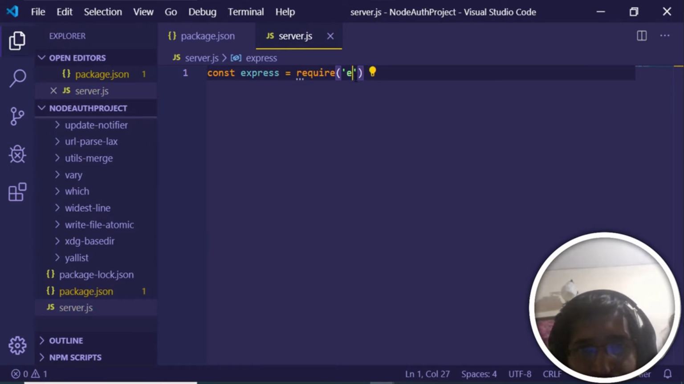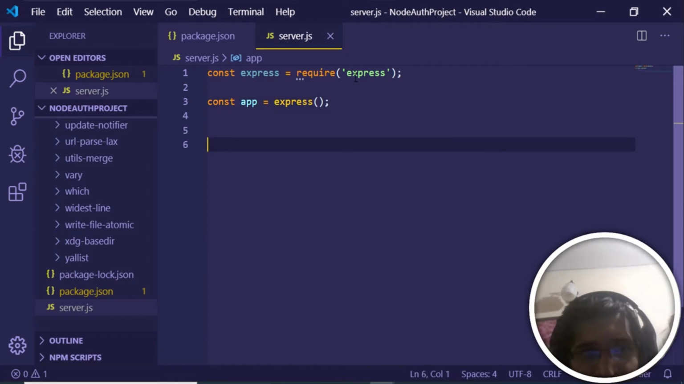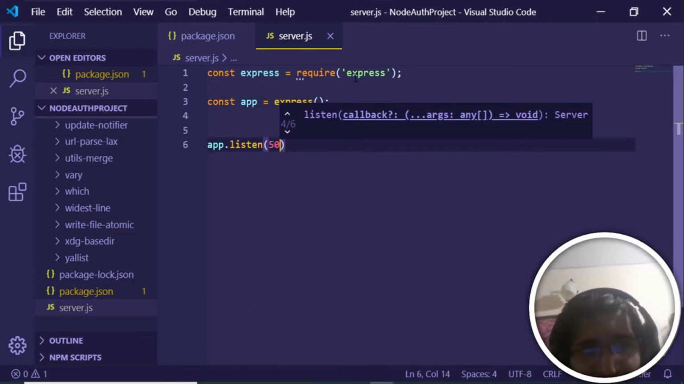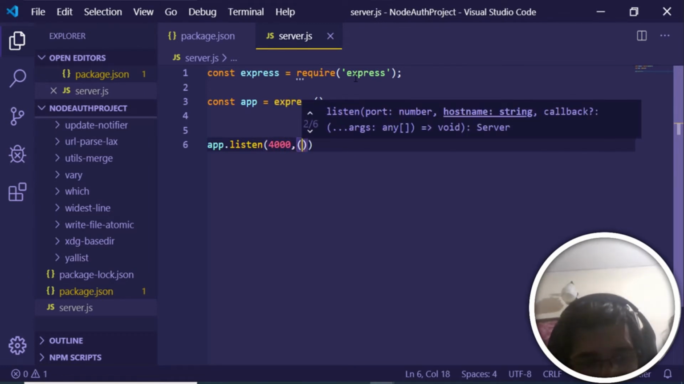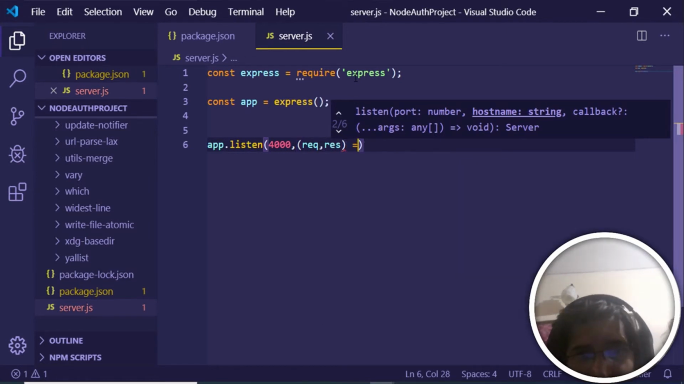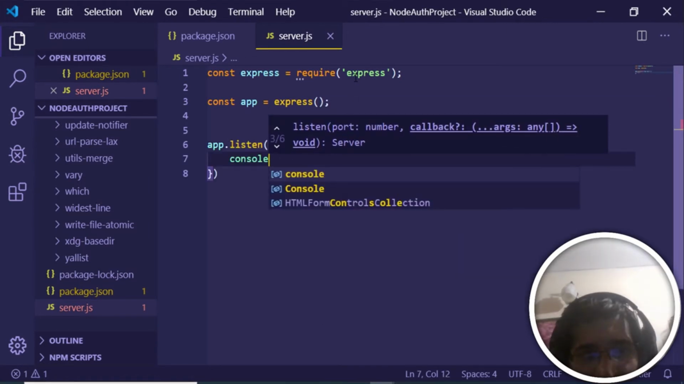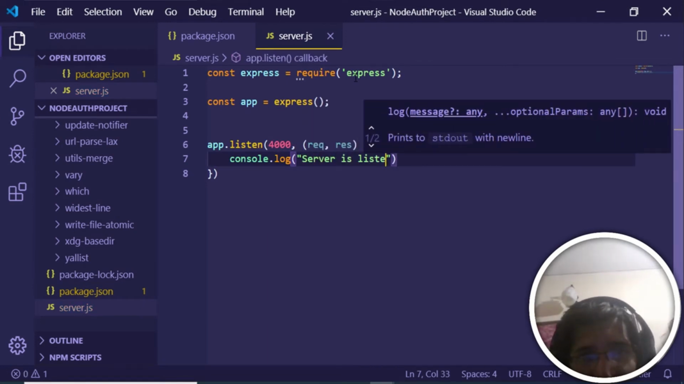So you just need to import express here. After that, we will be creating an app variable, initializing it to express, and also calling app.listen and passing a port number to it. Let's suppose 4000, and it takes a callback function. Let me just request response. It is the arrow function. In the console, I can just print out that server is listening on port